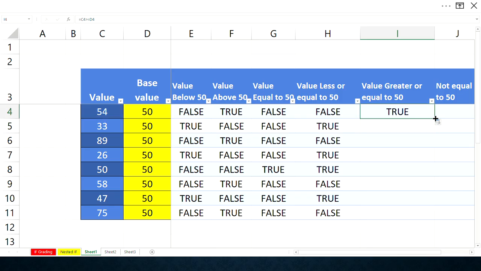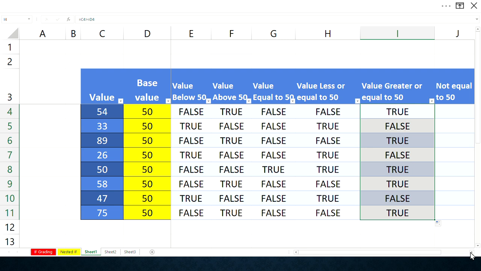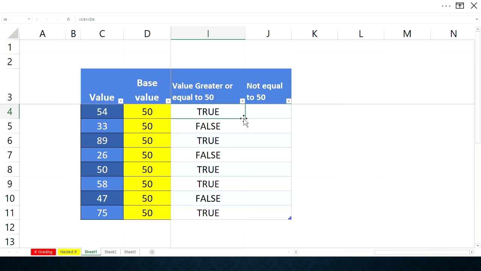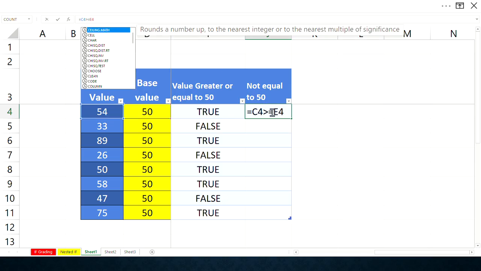And then we get the needful. Then we need to know where it's not equal. Is the test value not equal